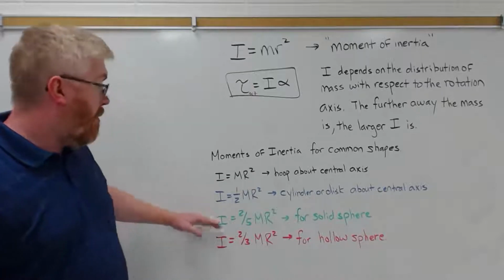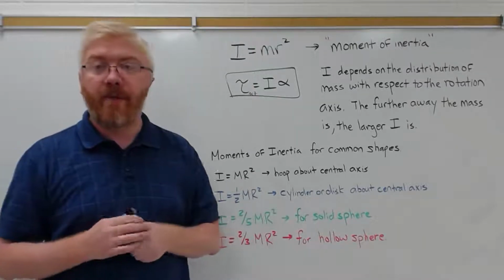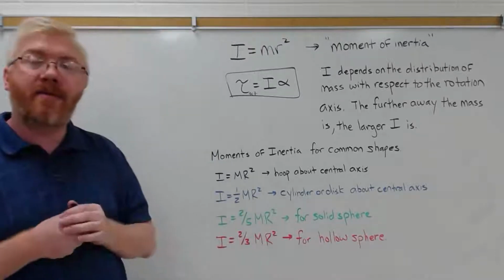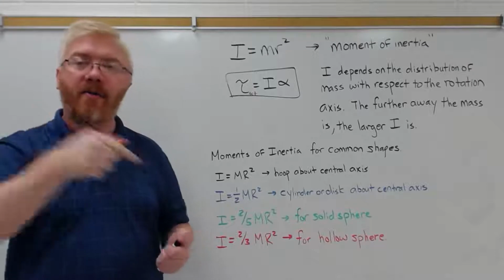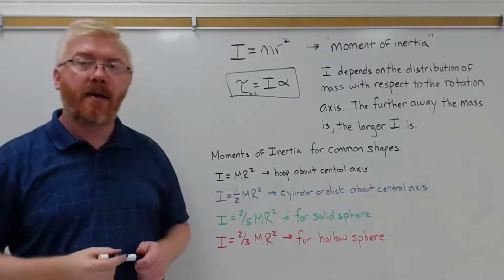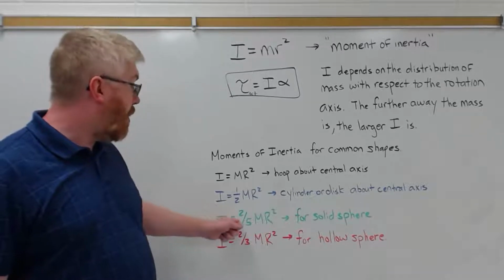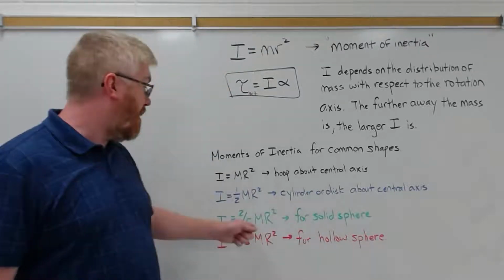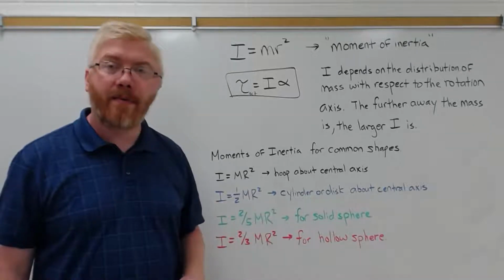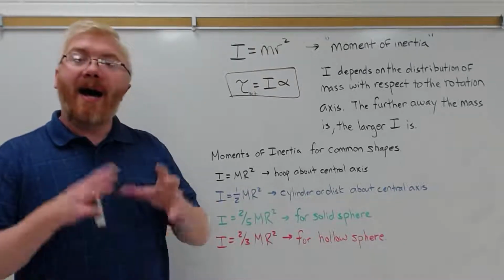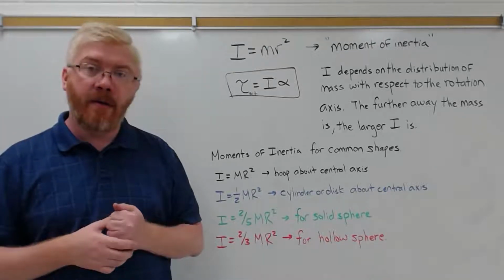Finally, let's look at spheres. Imagine a solid sphere versus a hollow sphere. A solid sphere has some mass near the center of rotation, and it's a sphere, so it's symmetric. It doesn't matter, as long as the rotation axis is going through the center, it'll look the same any way you spin it. So as long as the rotation axis is going through the center of a solid sphere, the moment of inertia is 2/5 mr squared. A hollow sphere has more mass away from the center of rotation,